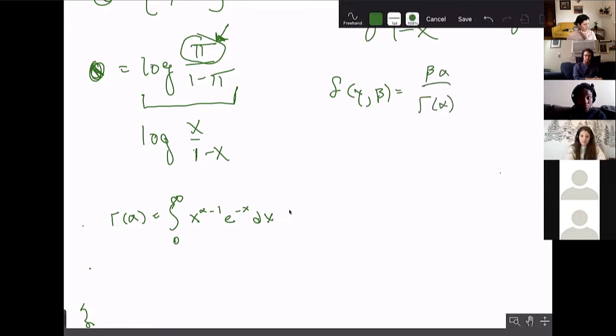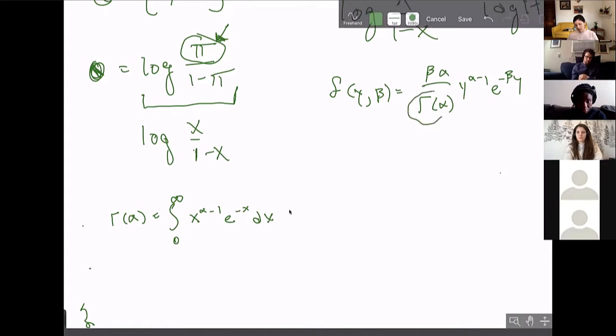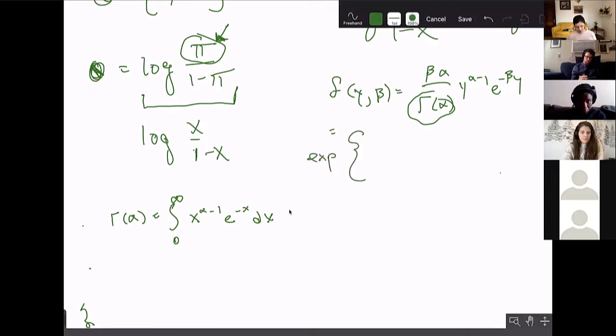And this kind of applies to the chi-square distribution too. Someone asked a question about that on the discussion board. So I'm saying here that the shape parameter alpha is known. That means that this whole thing is really just a constant. So for this problem, you can just treat that as a constant. If you're starting to put this in exponential family form, you would have this is equal to something like e to the